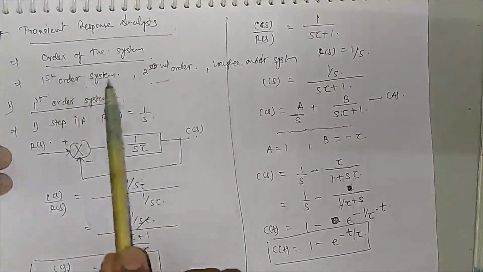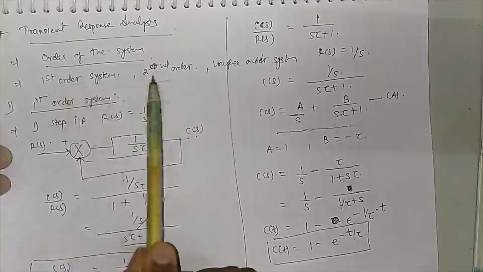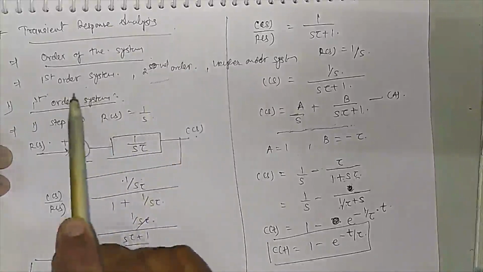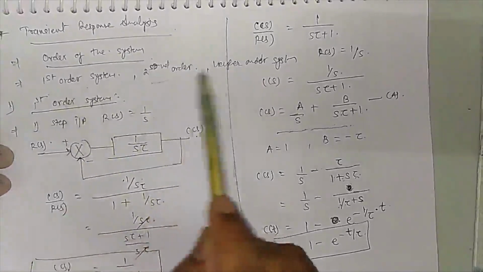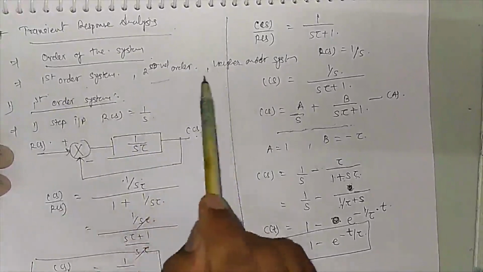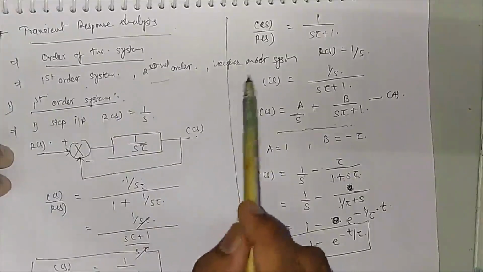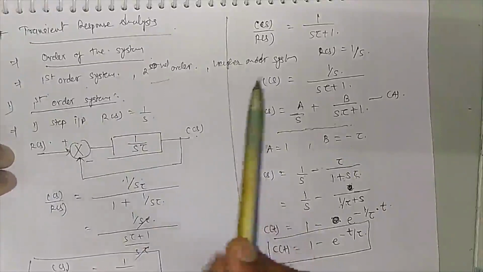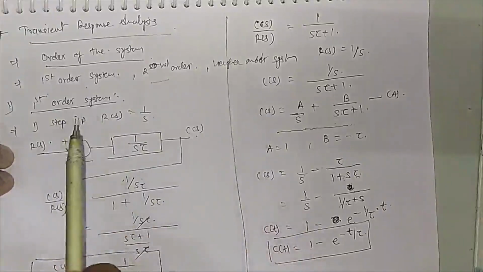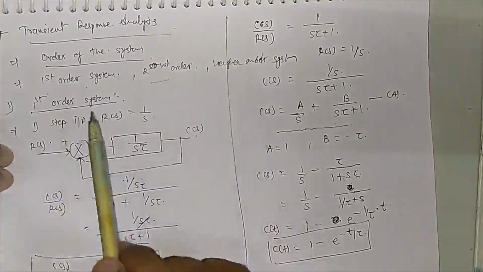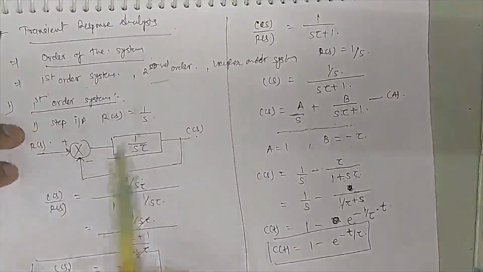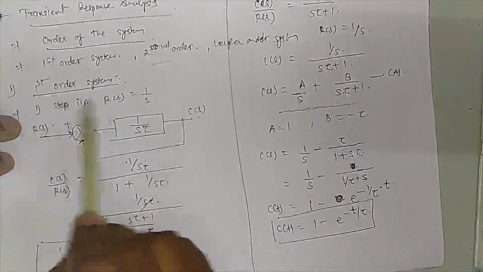So depending upon your system, it will be first order, second order, third order, fourth order, or so on. So we will be classifying first order systems, second order systems, and higher than second order systems, that is third, fourth and fifth order systems will be considered as higher order systems. So we have done analysis for each and every order system with the different types of input. In the previous lecture we have gone through the first order system.